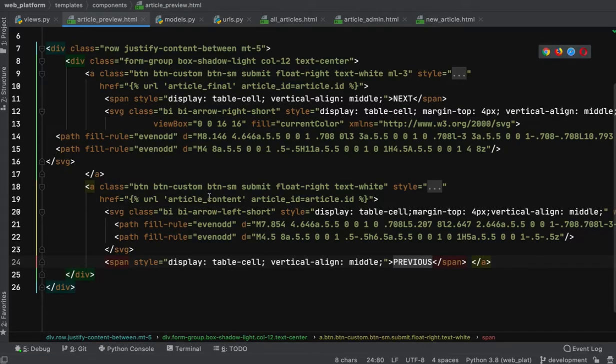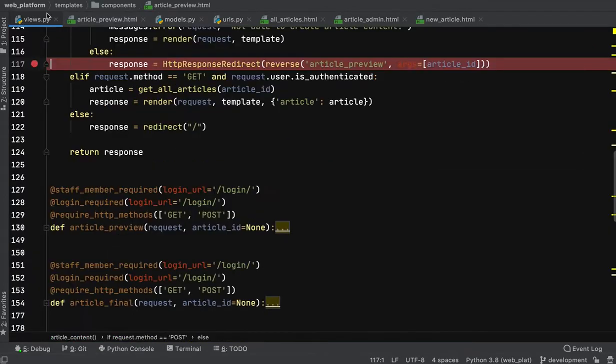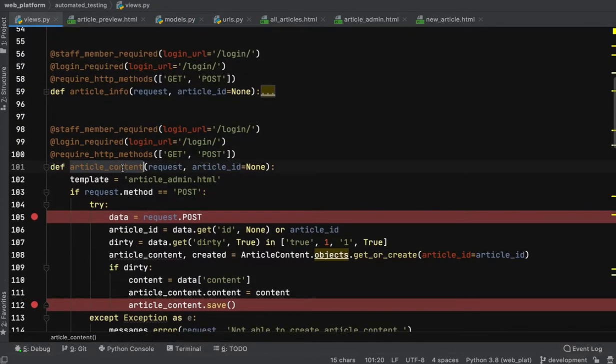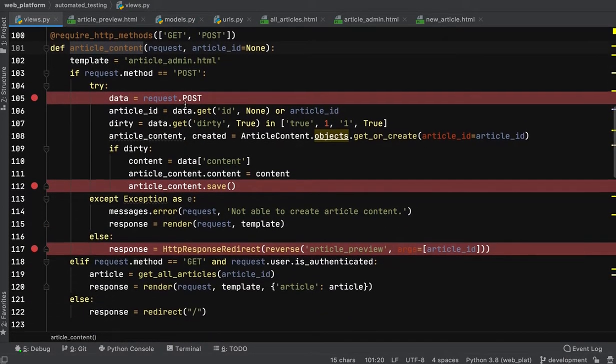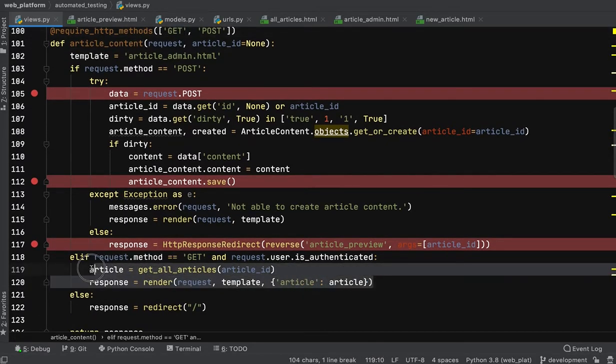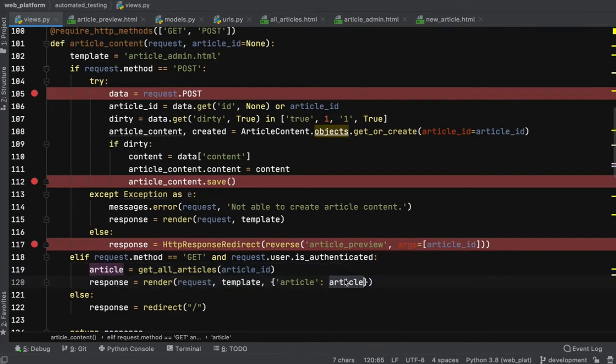This will call the article content with the article ID. So when we put the href article URL for the article content, this will go and call this article content with the GET method.